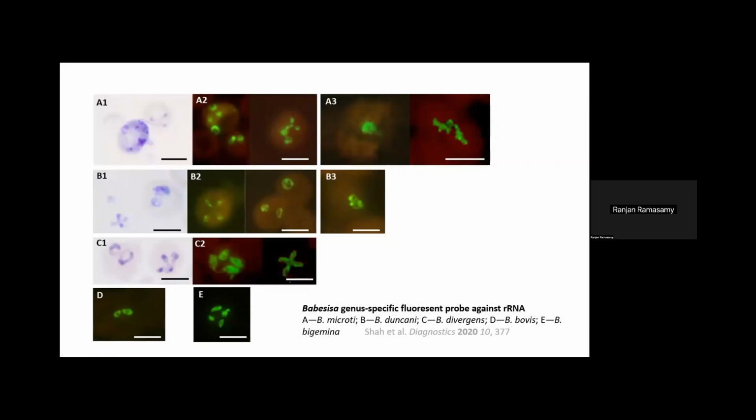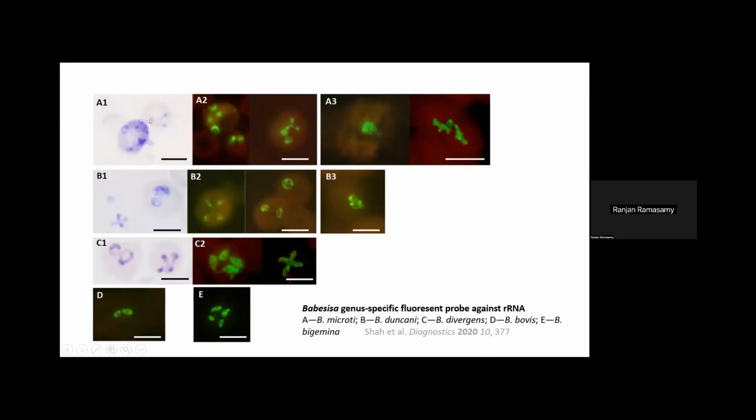This is a slide showing FISH tests being done on different Babesia parasites. Here we used a genus-specific fluorescent probe that is directed to hybridize to ribosomal RNA. So this is not species-specific. And here we have